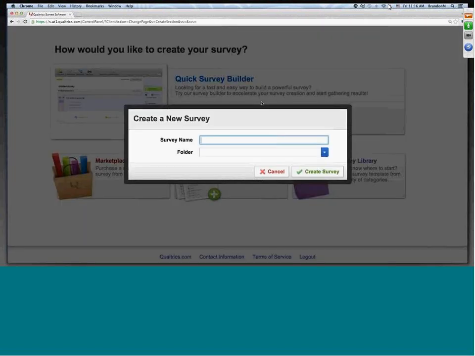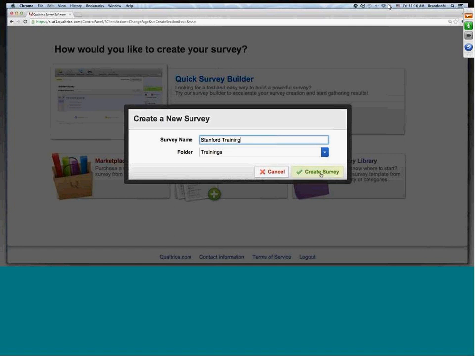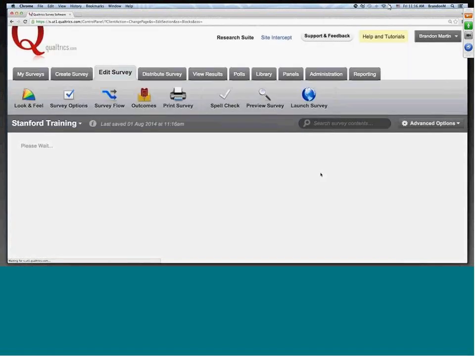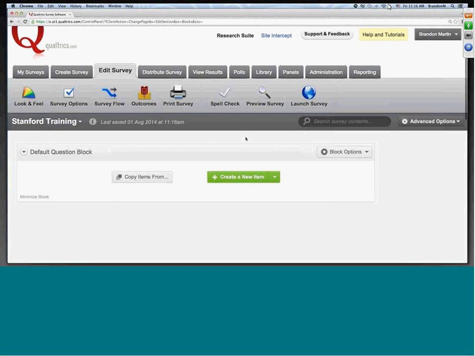So let's start with a quick survey. That's what we'll go over today. Let's give it a name. You also have folders for your surveys, and a few others, Spanish trainings as well. I'll put this in the training folder to create. And so we'll move pretty much in order through the survey section, now with a question block